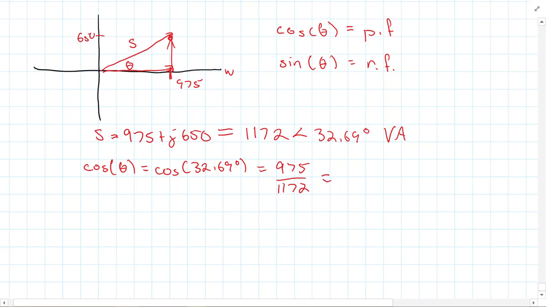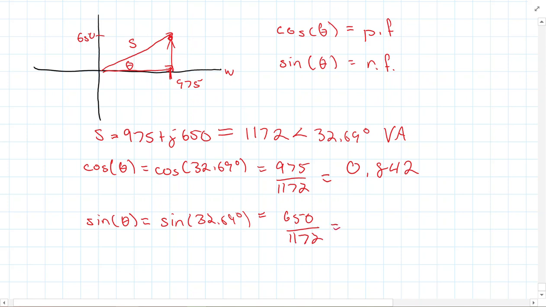But either one that you do, you should wind up with a power factor of 0.482. And then the sine of theta, which would be the sine of 32.69 degrees, or it would be opposite over hypotenuse, so 650 over 1172, and then that would give me